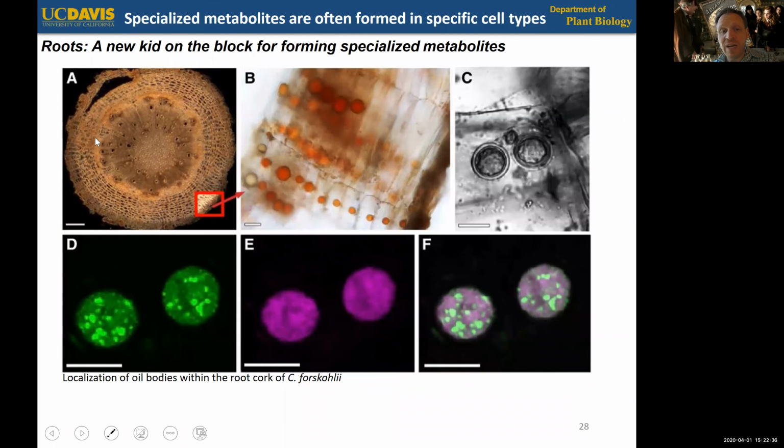Then last but not least, the root. Actually, that's more recent research, that the root has become more and more a point of research and a defensive point of actually accumulating these compounds. And so this is an interesting example from coleus. That actually is a Lamiaceae, so part of a plant family that more typically employs trichomes, and coleus does form trichomes. But it actually turns out that these types of defensive compounds here, in this case a diterpenoid called forskolin, which also actually is an FDA-approved drug now for treating cardiovascular diseases, is actually accumulating in oil bodies here